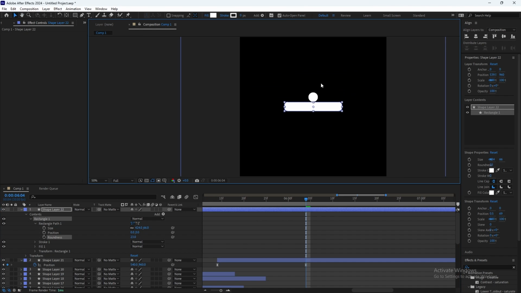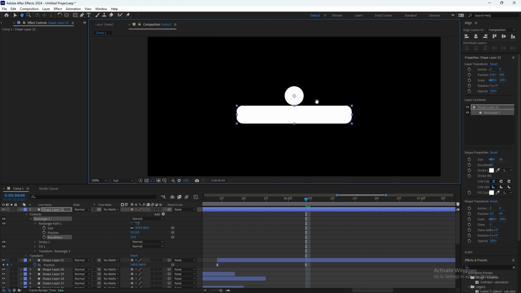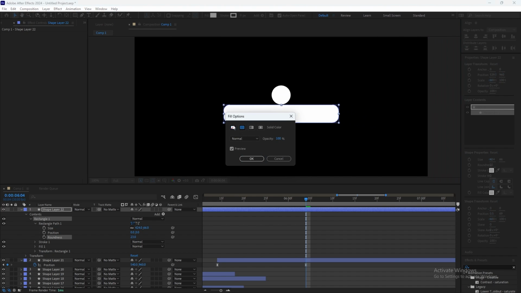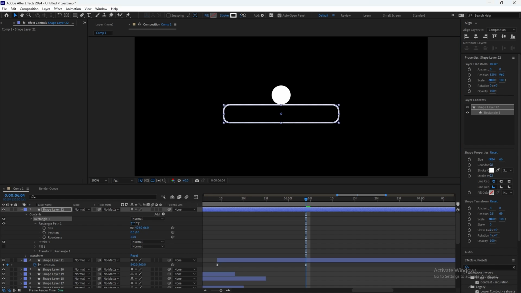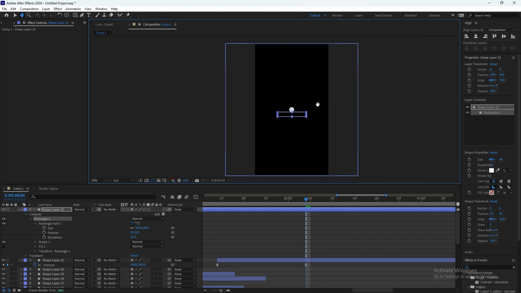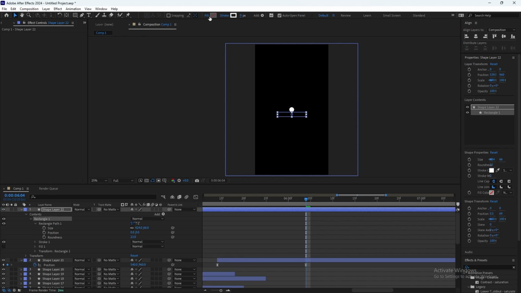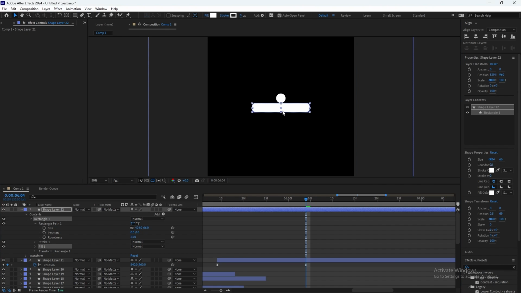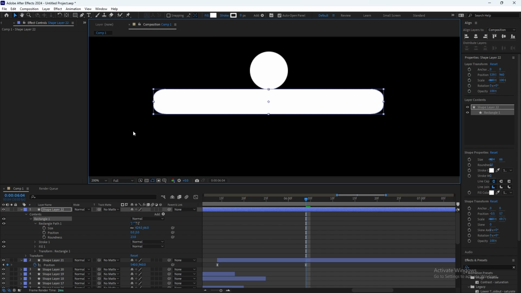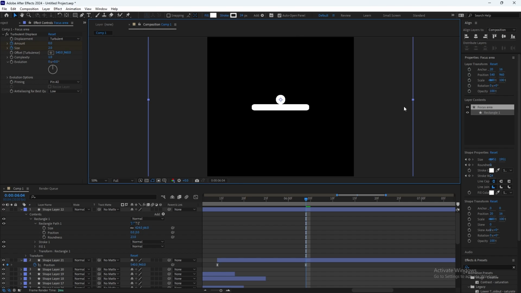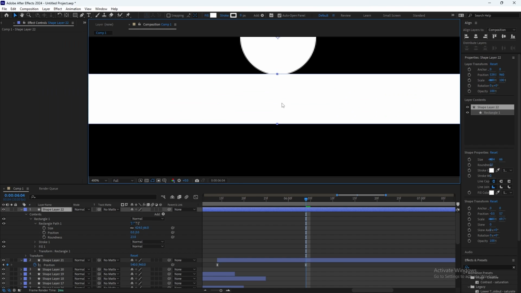And let's see, maybe we can do it without a fill, just a stroke. We can do that. No, I think fill is better. Now maybe decrease this, make it like that. It's just design for now. You can do whatever you want.